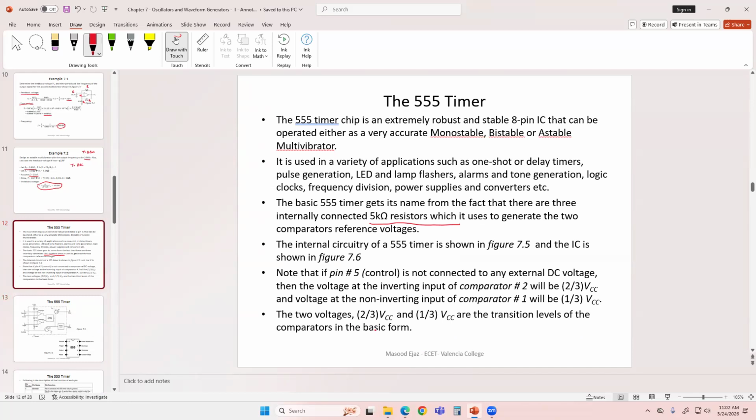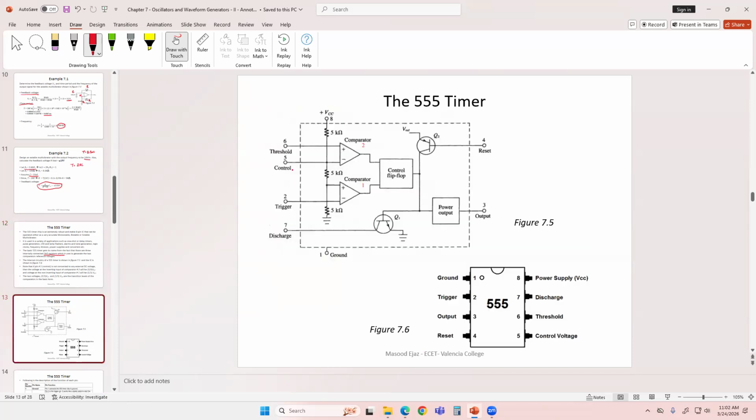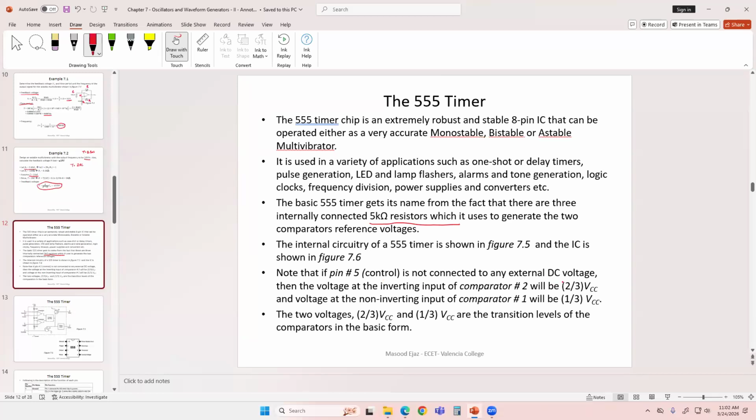If pin number 5 control is not connected to any external DC voltage, then the voltage at the inverting input of comparator 2 will be 2/3 of VCC, and the voltage at the non-inverting input of comparator number 1 will be 1/3 of VCC. So pin number 5, let's go back to the circuit. Pin number 5 is the control. If we leave it open, it's not connected to any external DC voltage,